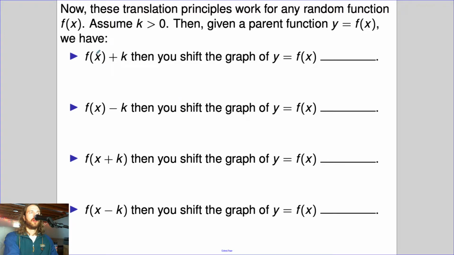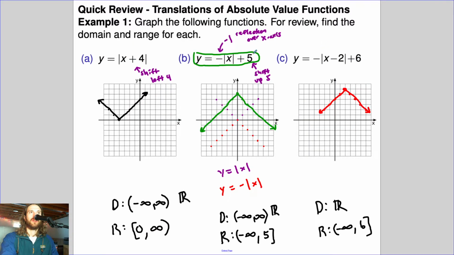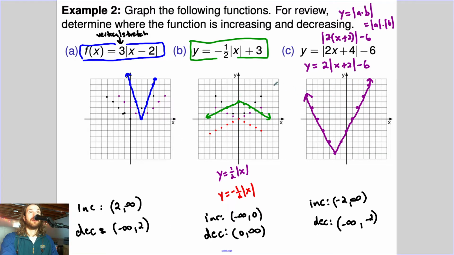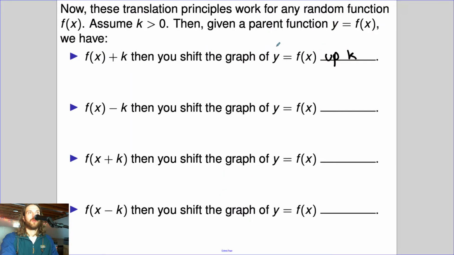Well, if you have any function, it doesn't matter what the function is, if you add a number to that function, all that's going to do is take the graph and shift it up k units, right? It's going to take it and it's going to shift it up k units, which is what we did right here. We added 5, it went up 5, right? We added 6, it went up 6. We added 3, it went up 3, so on and so forth. Takes the whole function, shifts it up k units. So subtracting is going to shift it